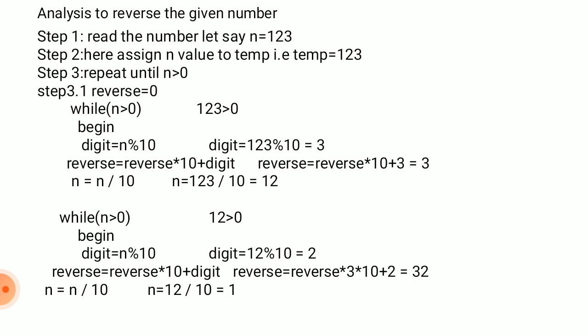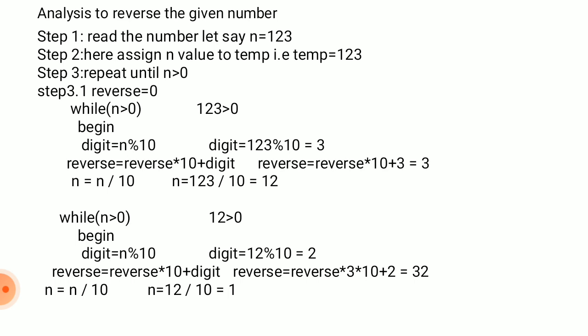So in the first statement it is executing digit. Here digit is nothing but a remainder. Okay, instead of a remainder or r, I have taken a digit, meaning here digit by digit we are reversing the number. Okay, digit is equal to 123 mod 10. So 123 divided by 10, 12 is the quotient and 3 is the remainder.